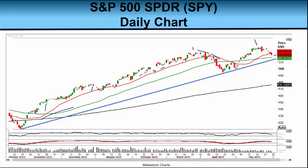below the 20-day moving average and the green line, the 50-day moving average, and sunk down to its April 19th low of $493.86. Now, from there, it struggled to move higher, but made little higher lows. That's a good thing. That's what you want to see. It grappled with the 20-day, grappled with the 50-day, until May 6th, right here, when it finally hopped above the 50-day moving average to about $516. And it rallied from there to make another all-time closing high, as we just said, on May 21st at